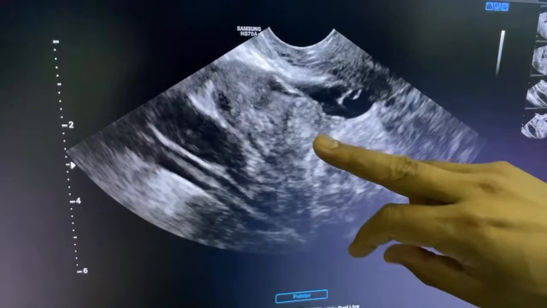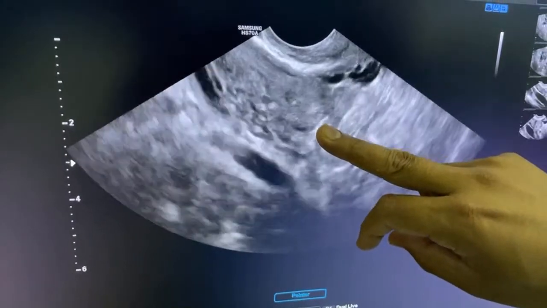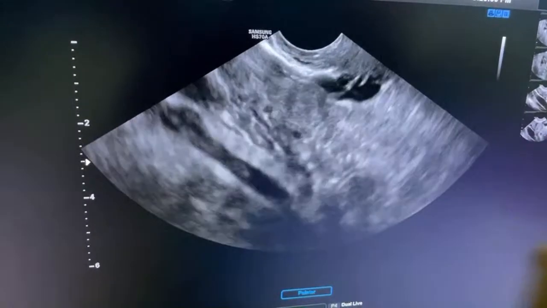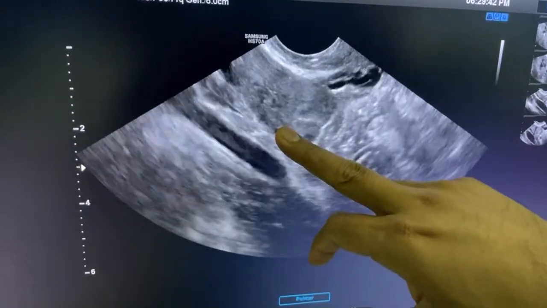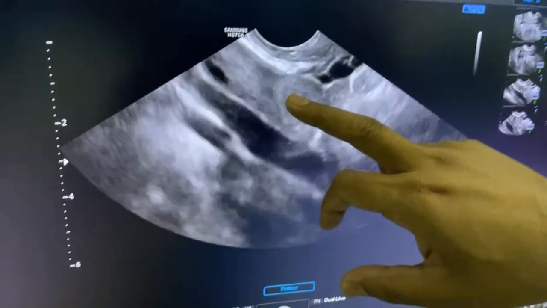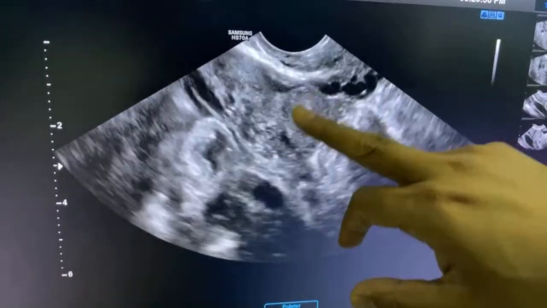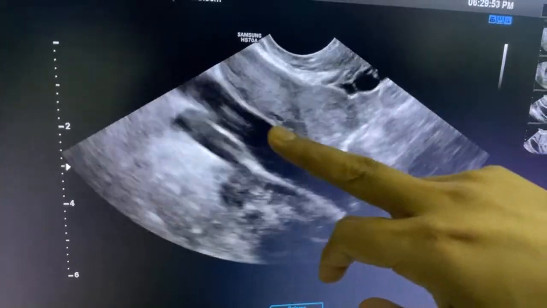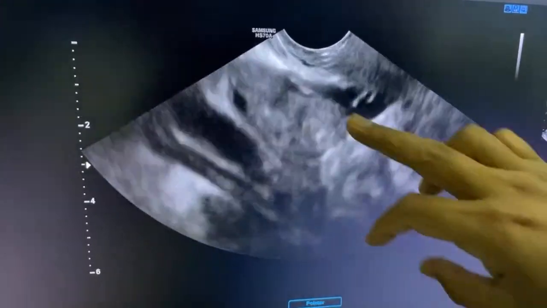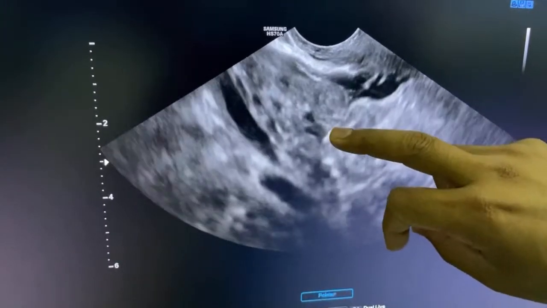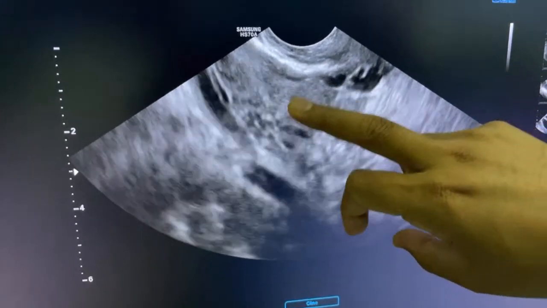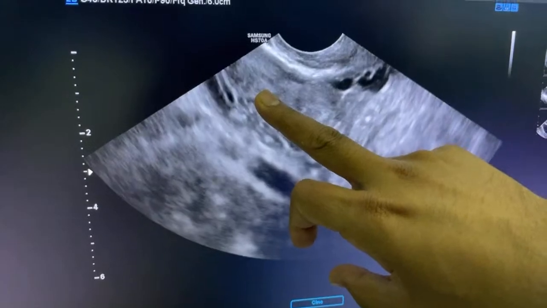See this. Now see this picture. Now I am going to the right side where the problem is. If you see carefully, there is a slightly echogenic, round echogenic lesion close to the right ovary. Now see this. It is more echogenic. Try to see its boundary. It is echogenic, round, close to the right ovary. This is the right ovary.